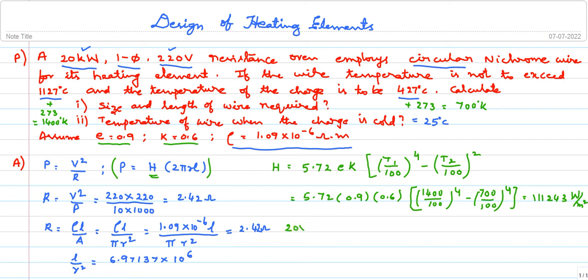So 20 into 1000 is equal to H, which is 111243 into 2 into pi into RL. If you solve this one, RL will be equal to 0.0286